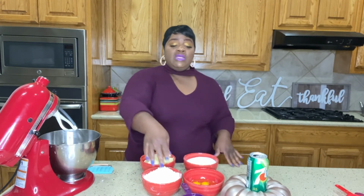1 unsalted butter, 3 cups of sugar, 3 cups of flour, 5 eggs, can't really see it, but 3/4 cups of 7-Up. You want to do a tablespoon of lemon. I did lemon juice. I'm doing a teaspoon of vanilla and just a little hint, a half a teaspoon of